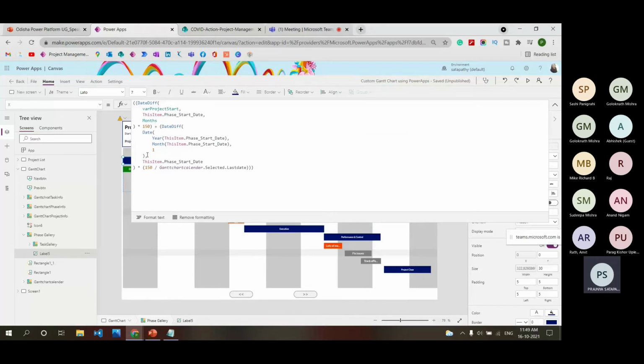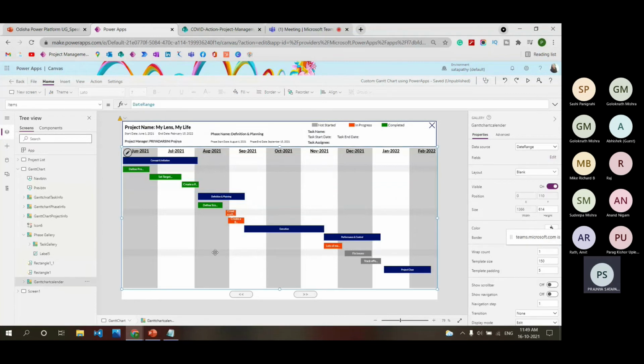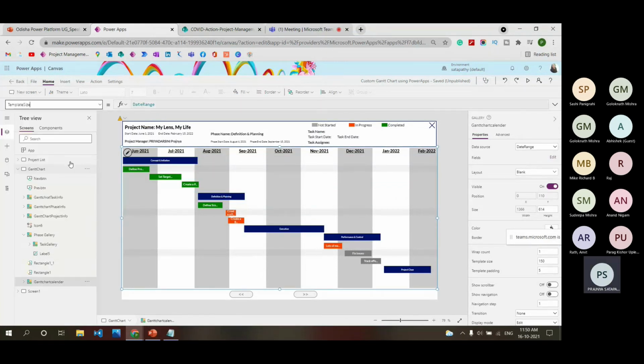Why 150? Because when I see this Gantt chart calendar, the template size is 150.